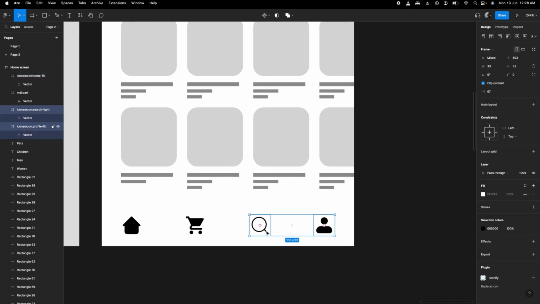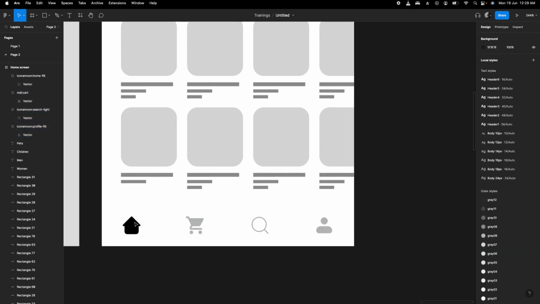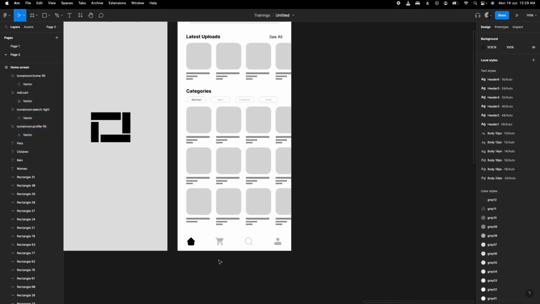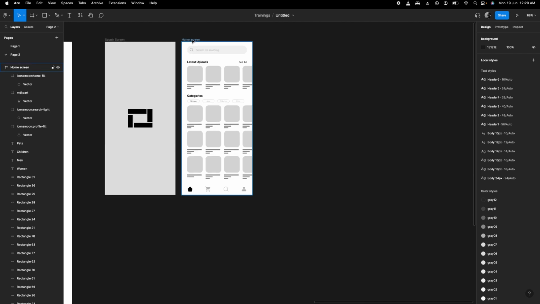I can change this tray to a gray color, gray 8, and leave this on black. Why? Because I want people to know that this particular page is our home page. Okay, so let's move on to